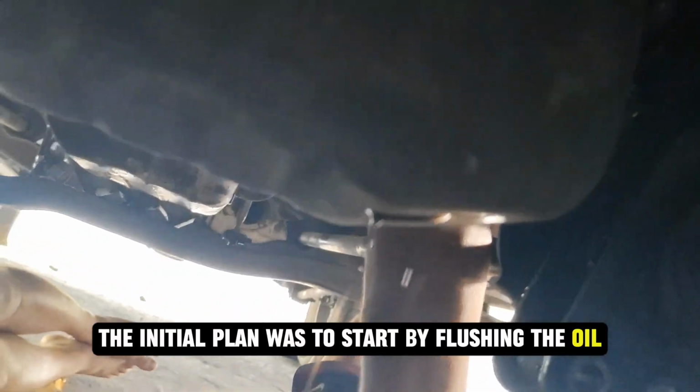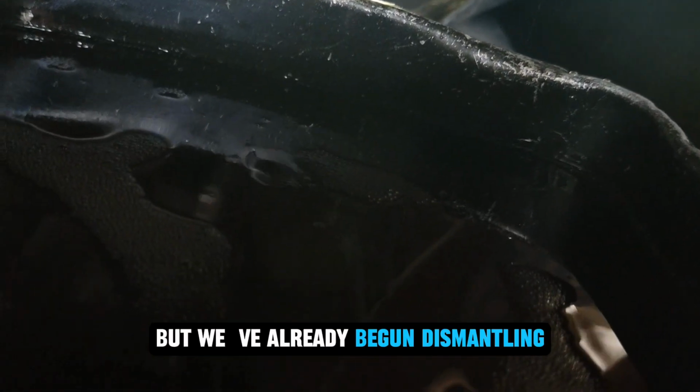In our video, the initial plan was to start by flushing the oil, but we've already begun dismantling the transmission